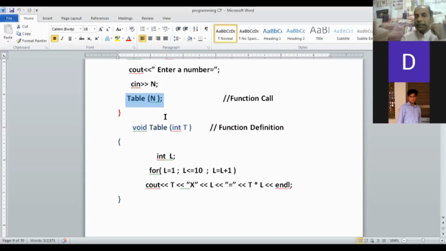And n's value will be stored in which variable? T. In the T variable 7 will be stored. This function we have written to display the table of the number. This function will print the table of 7.